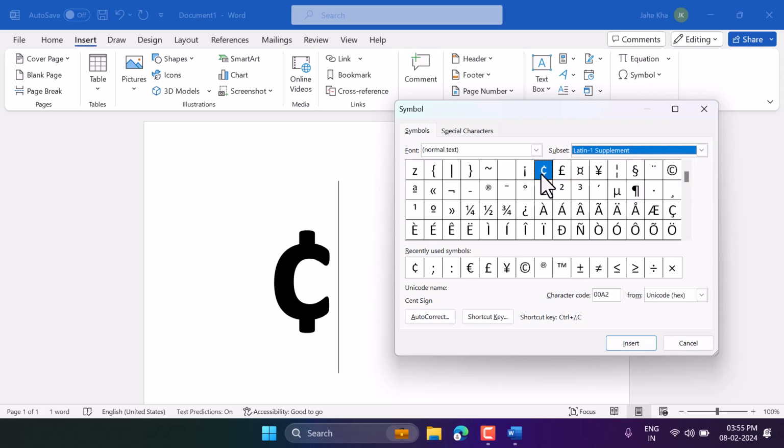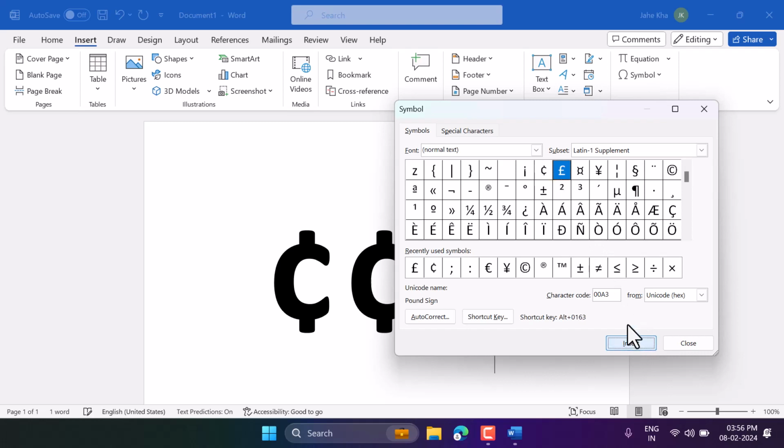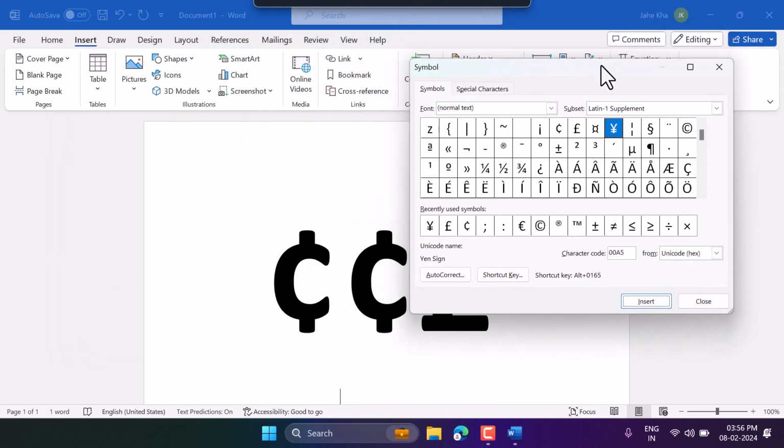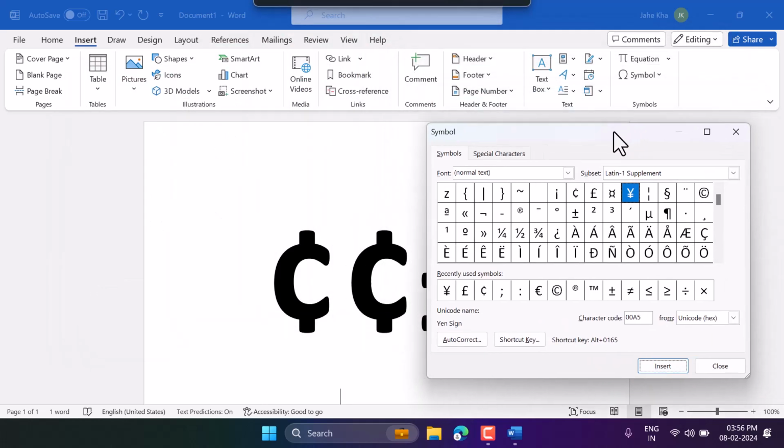So you will get this cent symbol and the yen and pound symbols. So select it and insert. So this is the way you can insert this symbol,